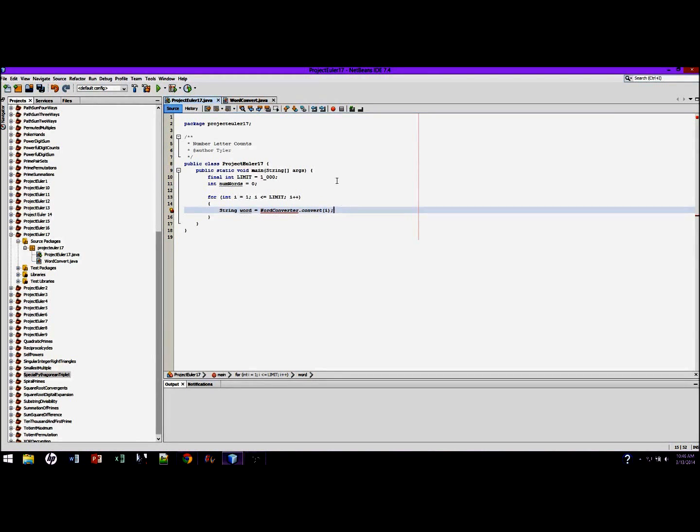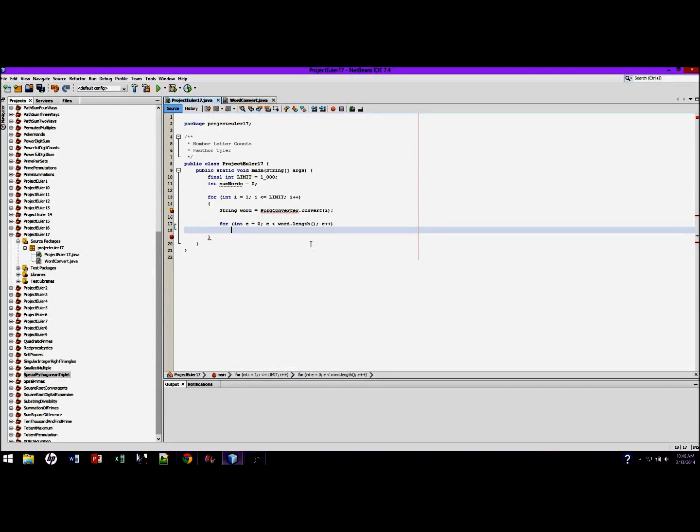Next, we need to loop through this word and count the number of letters in there, not including the spaces or hyphens. So, for int e equals 0, e is less than word.length, e++. So how are we going to not count the spaces or hyphens? What we're going to do is